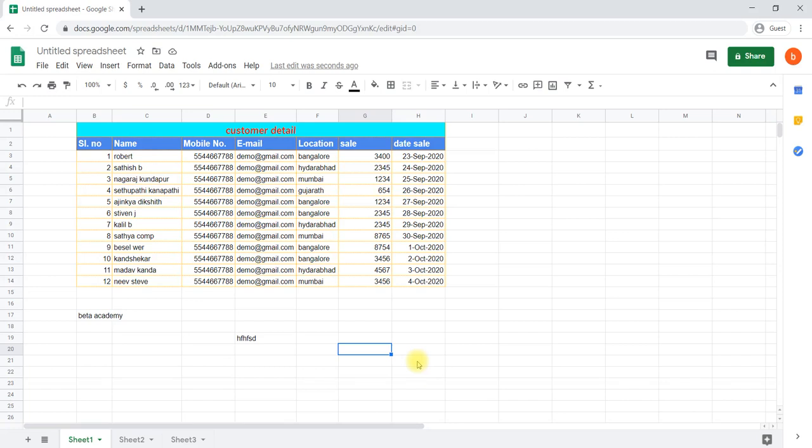Basic formatting we have been done. Now we'll learn about alignment. For example, this serial number is there. I would like to align this one. It is already aligned to the right hand side. Okay, I would like to align to the left hand side of the column. Okay, on the first of the column, left hand side of the column.